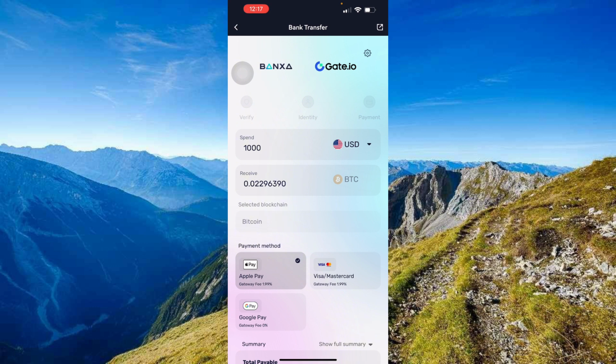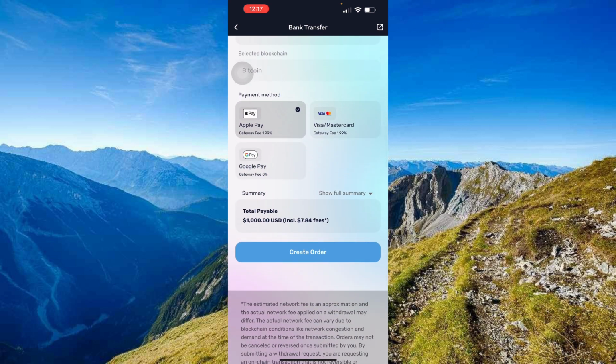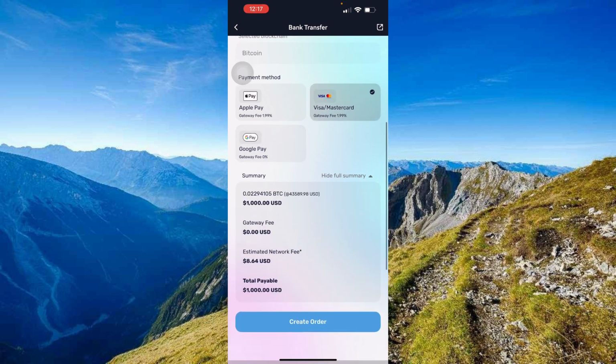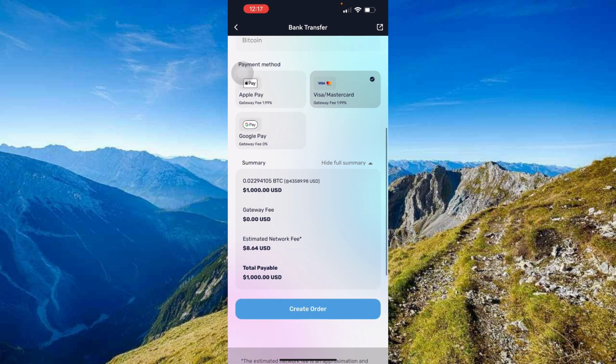So you will select your blockchain, and right here, as you can see, you have your payment method. So let's say you're using your bank money for this, so you're gonna go with your Visa or MasterCard. But remember guys, there's always a gateway fee of $1.99 for such. And as like Google Pay right here, there's no gateway fee. So here you'll see your full summary. So you'll be paying 1,000 USD, and the estimated network fee is $8.64 and total payable, and you will have